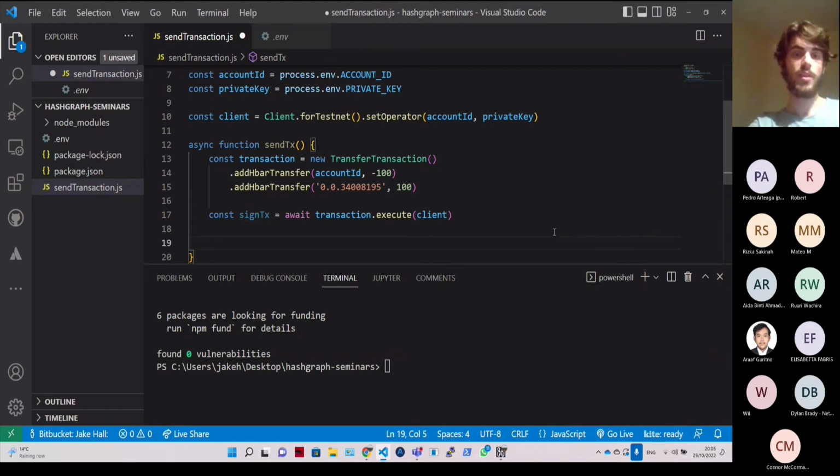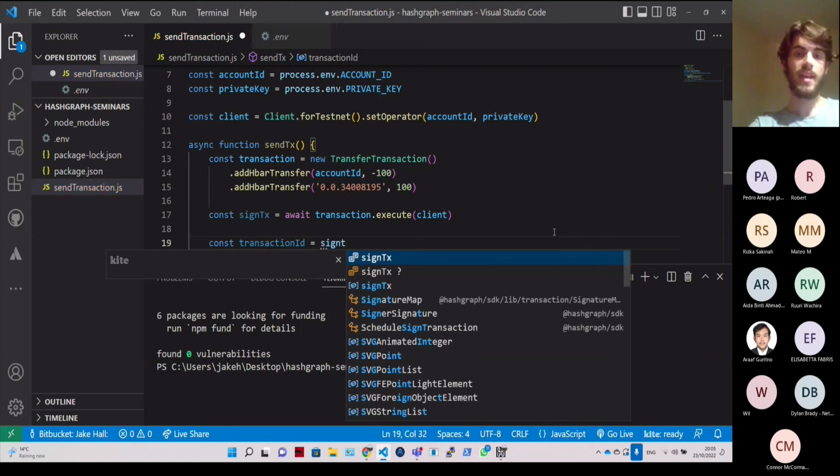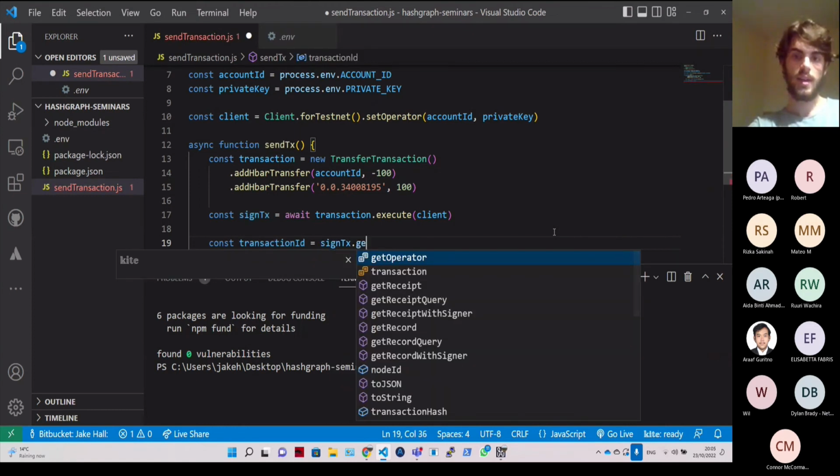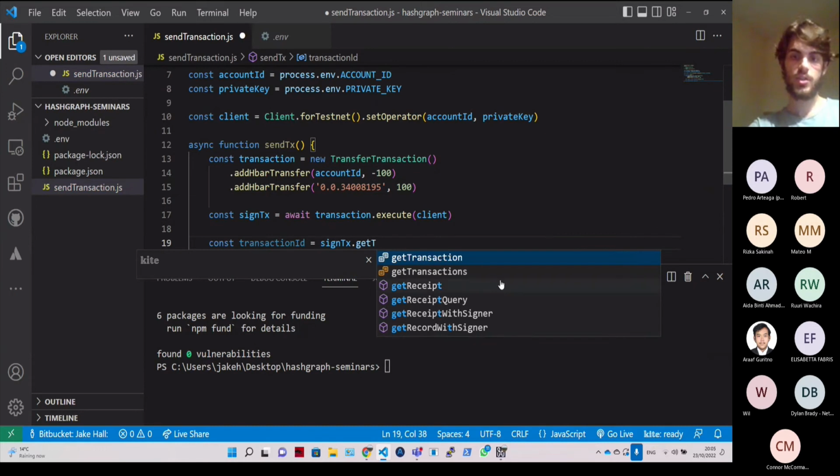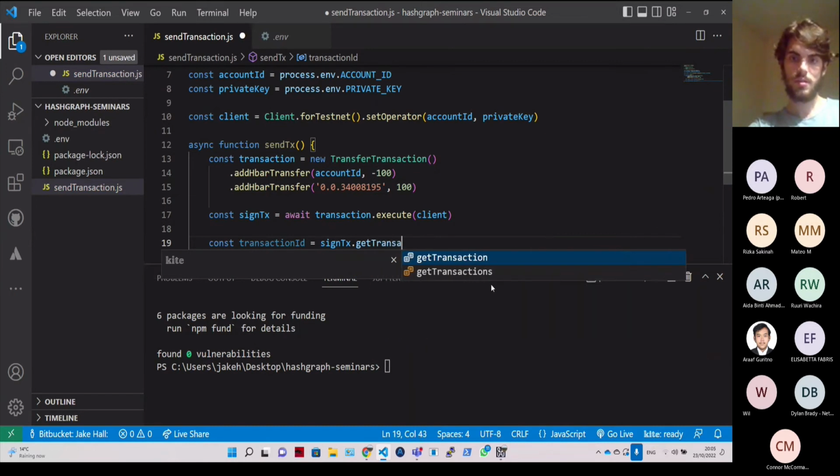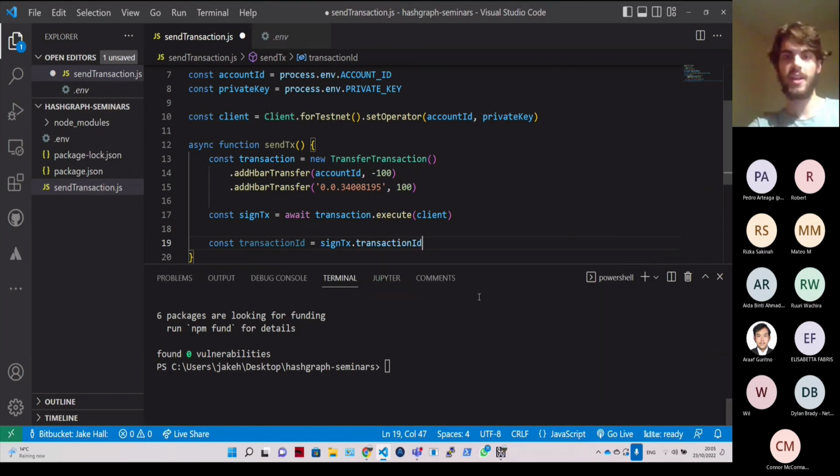So now what we can do is we can actually get our transaction ID. So I'll just call this transaction ID. That's going to be equal to sign tx dot get transaction ID. Not get, okay. So that's just going to be equal to sign tx dot transaction ID. And then what we're going to do,